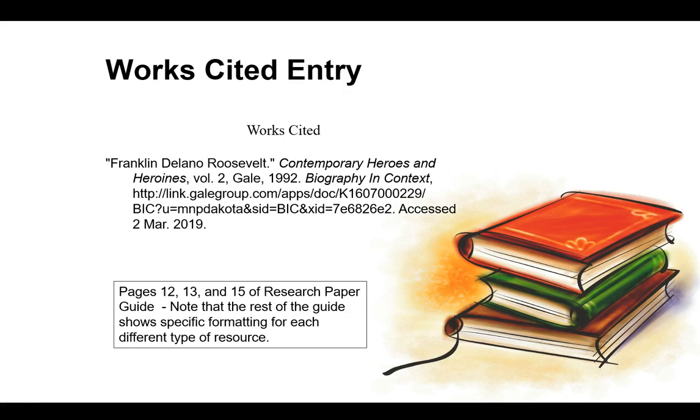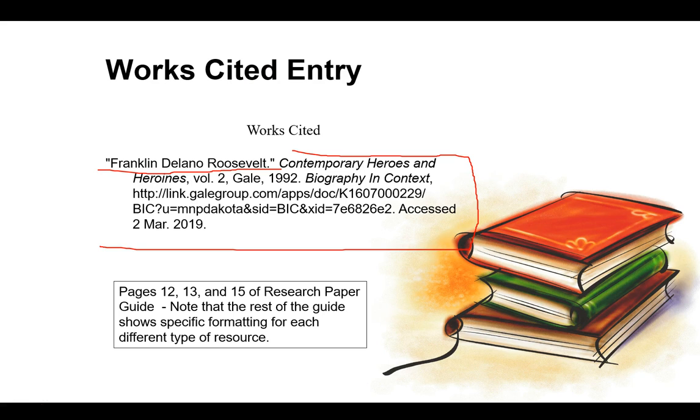Okay, so then we want to have a works cited entry. In the works cited entry, the first thing we have is the name of the article. If we had an author for this article, the author's name would go first, and then we have the complete information for this particular works cited entry. And one of the things that you can do, a couple of things, because I got this information off of the